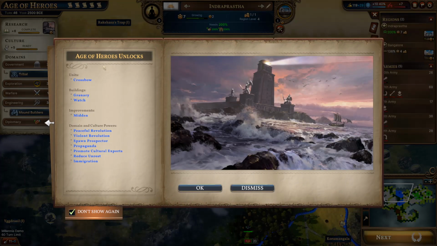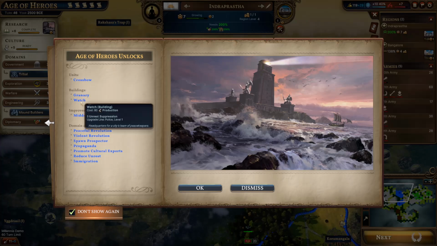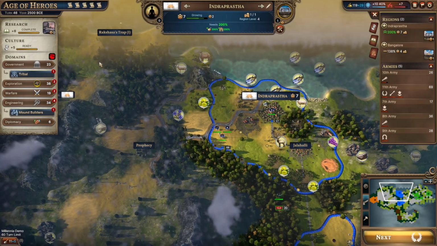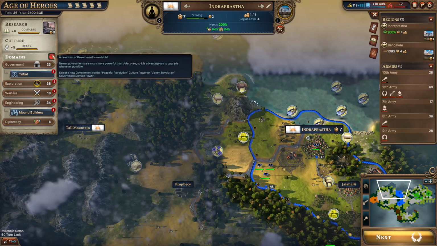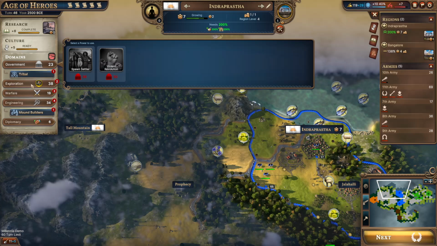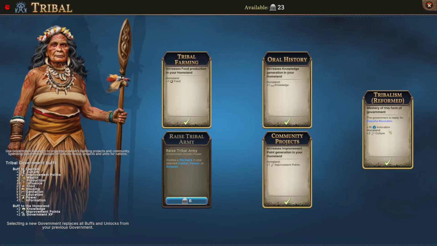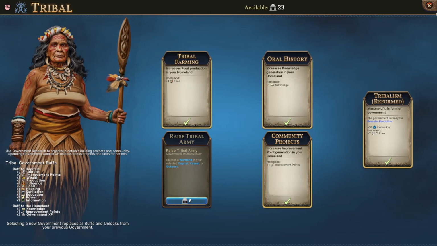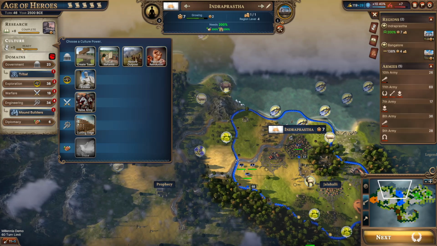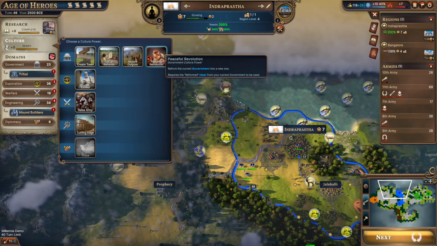Okay. Age of Heroes. A lot of stuff here. Buildings, granary, more food, watch building, crossbows, sanitation buildings, culture powers. Okay. And we have to do... government is ready for peaceful revolution. Oh, that's a culture power, which is a good timing. So we can do peaceful revolution here,